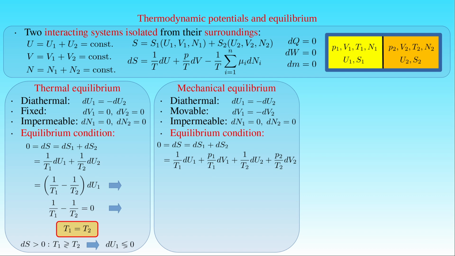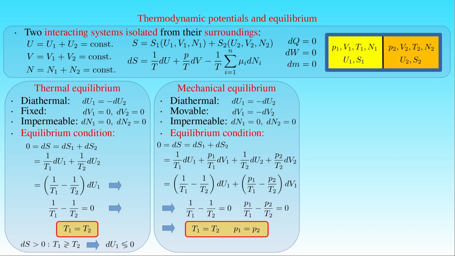Since dU1 is equal to minus dU2 and dV1 is equal to minus dV2, we can express dS as the difference between 1 over T1 and 1 over T2 times dU1, plus the difference between P1 over T1 and P2 over T2 times dV1. As the expression must vanish for arbitrary and independent values of dU1 and dV1, the terms in both parentheses must individually vanish, that is 1 over T1 minus 1 over T2 is equal to 0, and P1 over T1 minus P2 over T2 is equal to 0. Then we conclude that the temperature T1 is equal to the temperature T2, and the pressure P1 is equal to